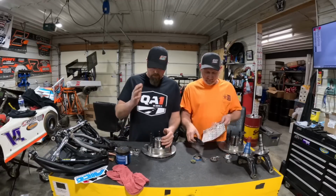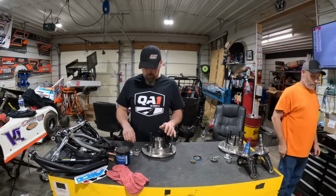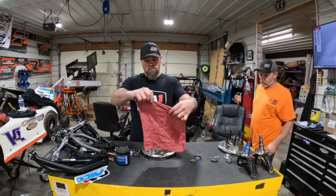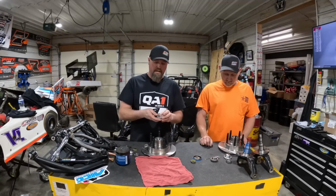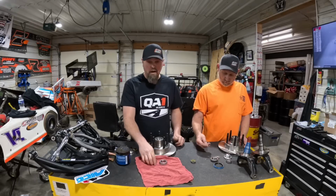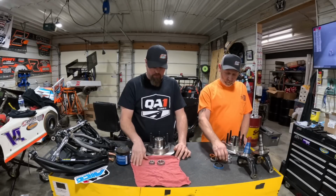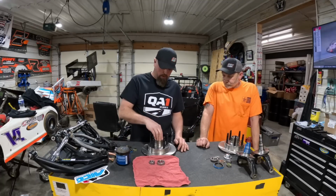So here's a useful bit of information that I learned from you guys last year while we were putting all of our stuff together. What we used to do is we used to jam these things full of grease and everything else. And you guys taught me that this is a race car and friction is your enemy. So instead of jamming them full of grease,